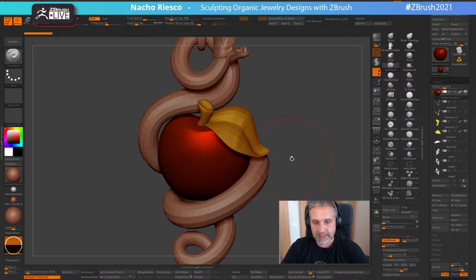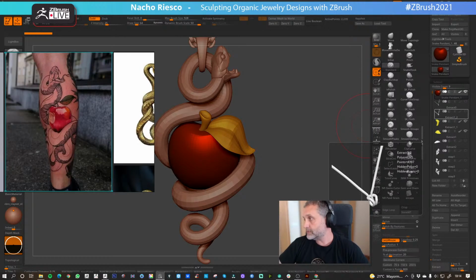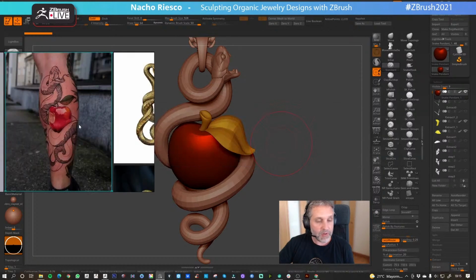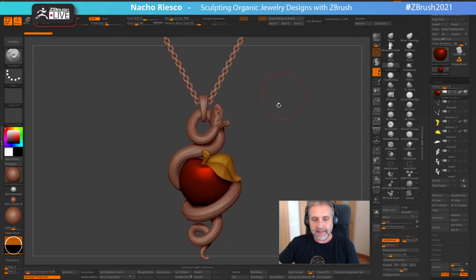But that's the idea. And the main idea is to transform any illustration or any drawing, in this case from a tattoo work or from a drawing or an illustration, into a jewelry piece. One of the things that I like the most of this picture is that the